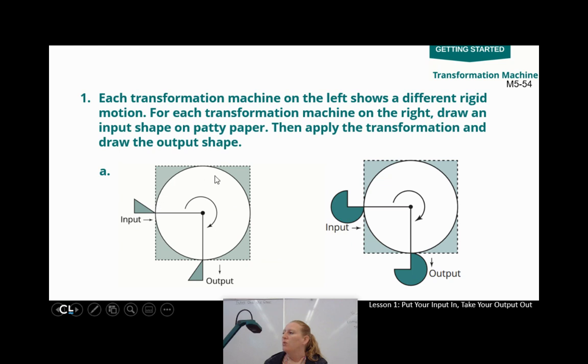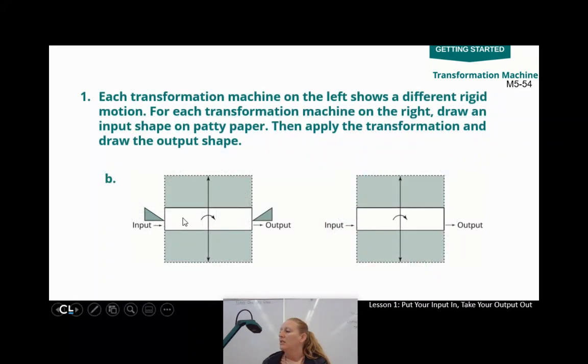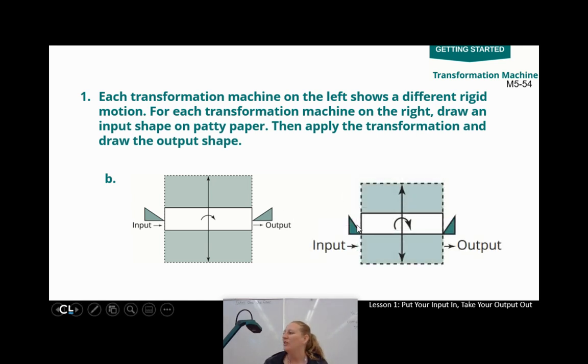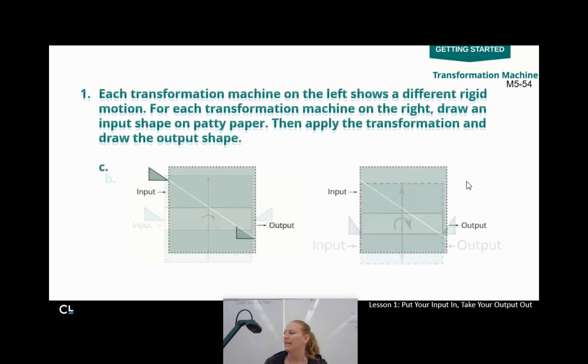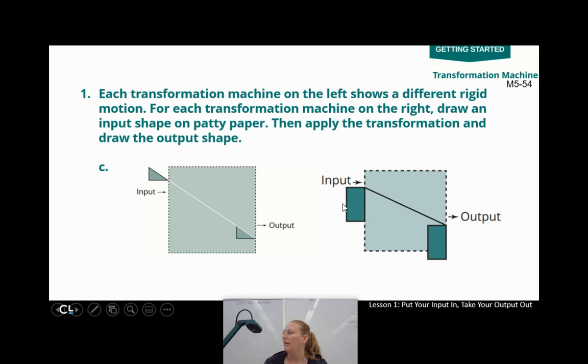It looks like we rotated this around. So I would say that A is a rotation, right? I rotated it around. For B, it looks like I said flipped it, but maybe that's not the best word. I also mentioned it looked like a mirror image. Reflection. Yeah, we just reflected it from one side to the other. And for this one, I just shifted it, followed the line, right? I didn't turn anything. I didn't flip anything. Remember, that's called a